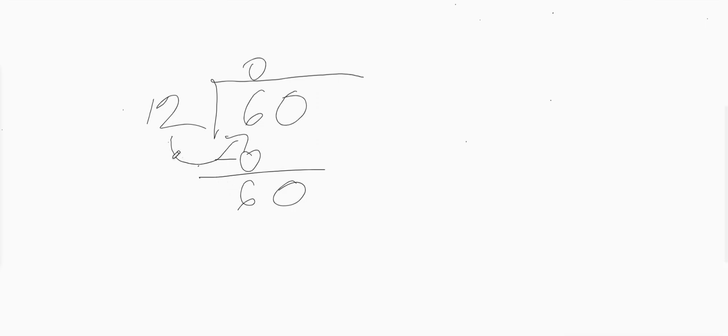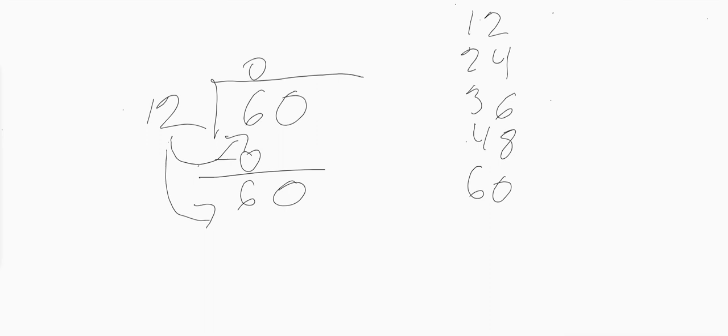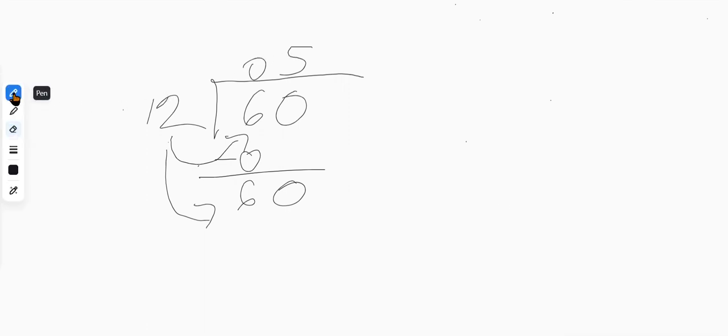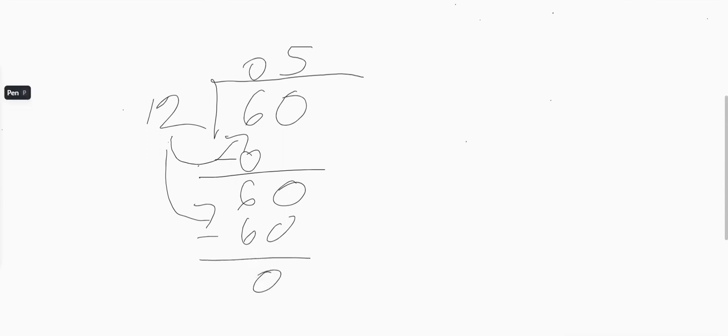So now you want to see how many times does 12 go into 60. Now, if you don't know your multiples of 12, you have 12, 24, 36, 48, 60, which is 5. And if you memorize your multiples, you can actually write it out just like that so that you can figure out what's going on. But because 12 times 5 is 60, your problem is done. So let's do